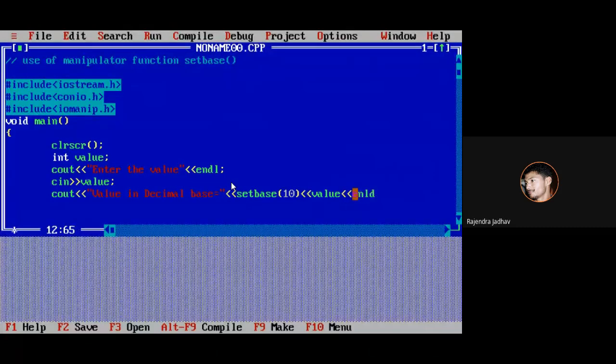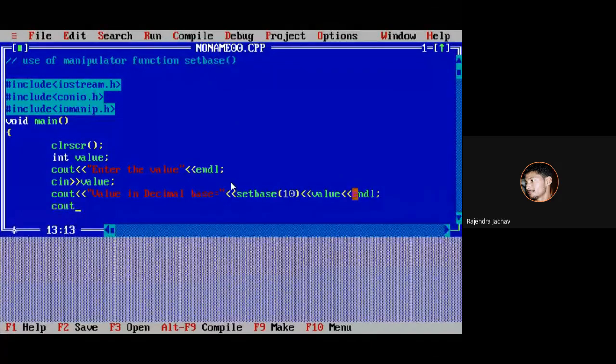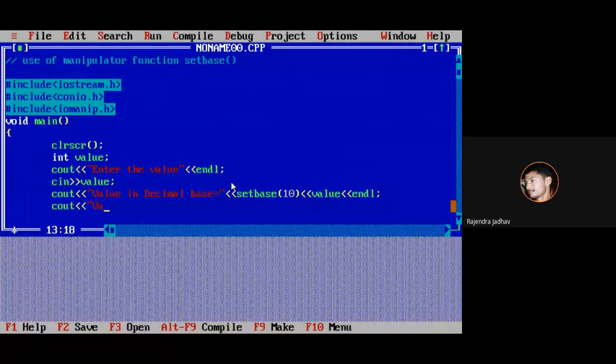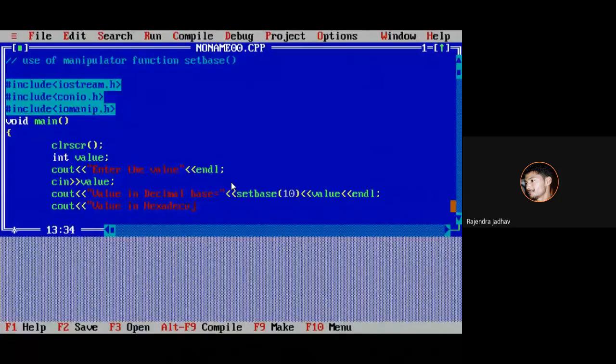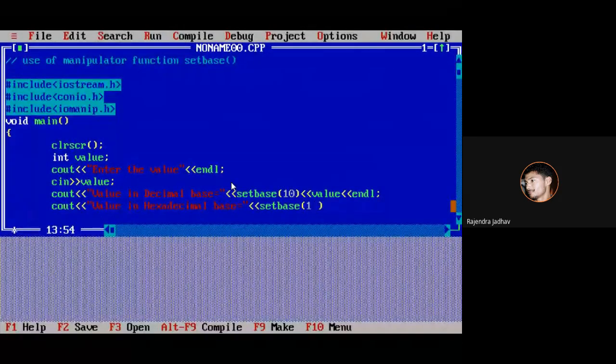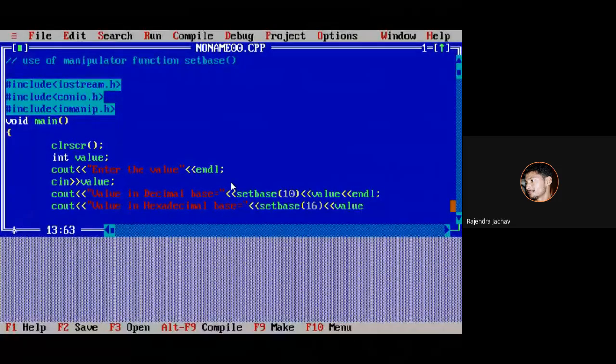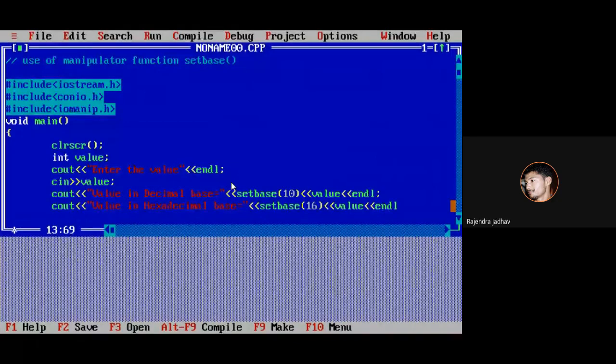Then handle. Suppose I wish to see the value in hexadecimal base, then I have to use the setbase manipulator and I have to write 16 in brackets. Then the value which I wish to display as output. And then